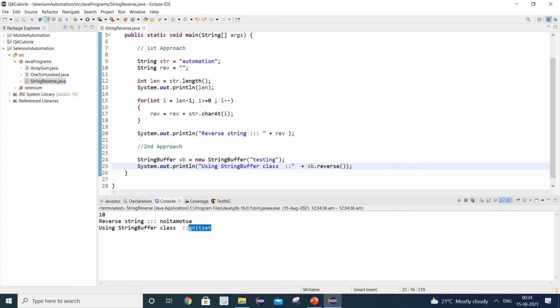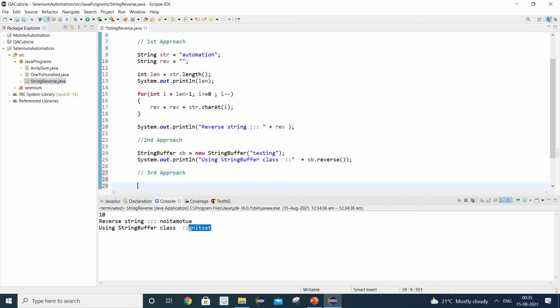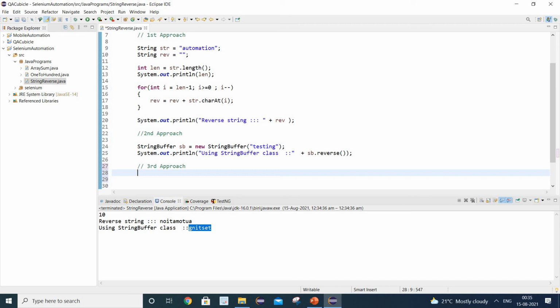Okay, so guys, there is another approach. So this is the third approach. Okay, so we can use the StringBuilder class as well to print the string in the reverse order. So I will write StringBuilder stb equals to new StringBuilder.